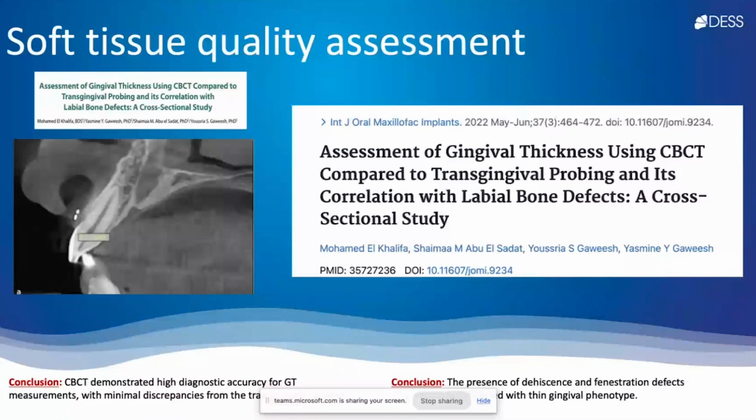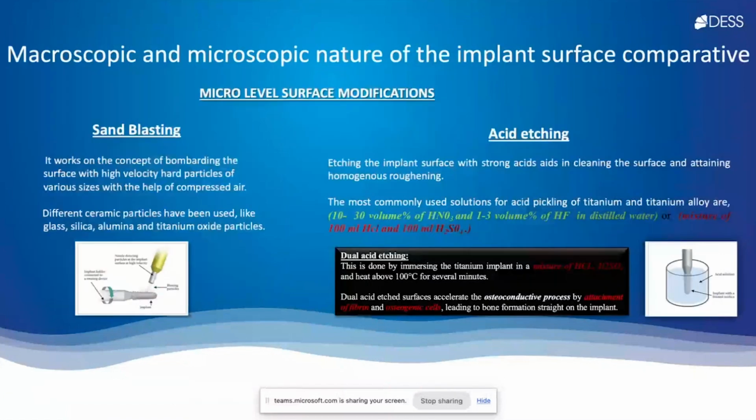So we talked about the state of the host, the bone quality, and the soft tissue. Now we are talking about the implant. What is the implant, and how can we choose the implant? Regarding the implant, we have to start from the beginning. Long ago, the implant at first was a machined implant. It was a pure titanium implant, and it needed a lot of time